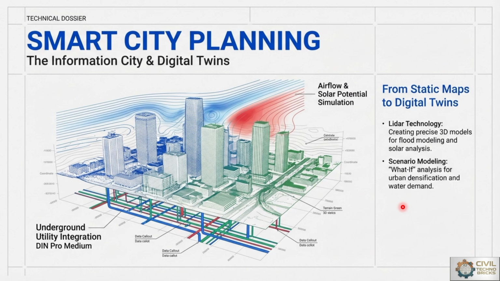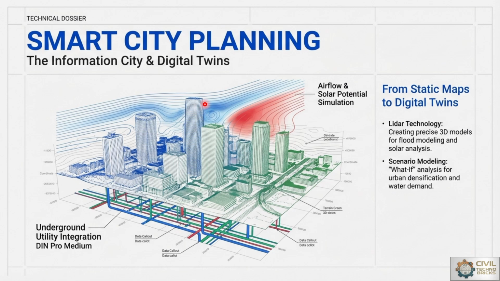Most important in the application of remote sensing is smart city planning, the information city or the digital twins. Here we use remote sensing for underground utility integration based on some models, where the sewage water is collected and taken away from the city, so that sewage treatment plants can be constructed and that water used. Also we have to provide water for drinking and usage purposes, so we have to provide the grid. Also we have to check the airflow or solar potential simulation based on temperature change or the availability